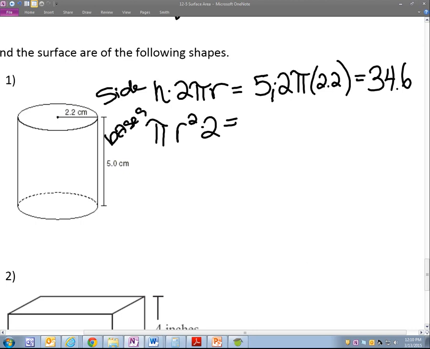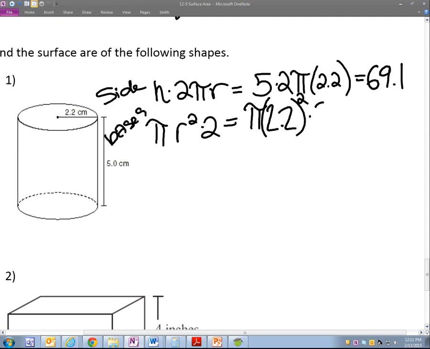Let's see where this is. It's not low, it's high. All right, so it's 69 point what? 69.1. All right, then this one, pi r squared times 2, is going to be listed as pi times r, which is 2.2, squared, times 2. Which equals,